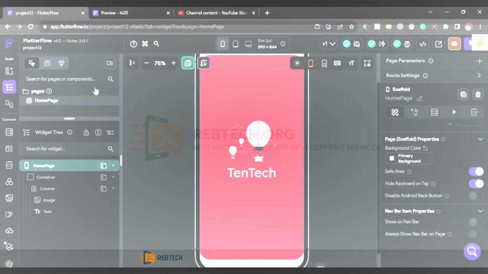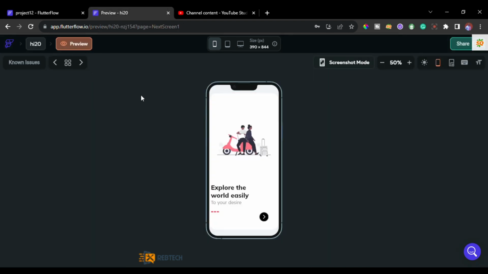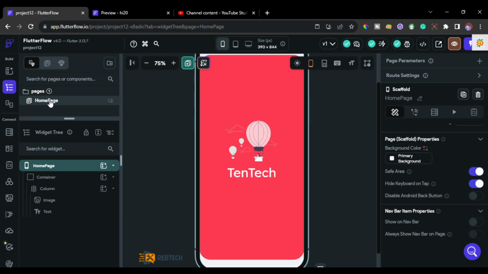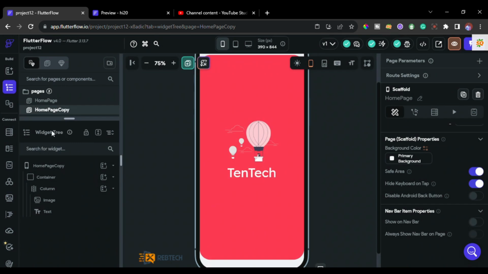So let's move on to the next screen. So this is what we just did. Now let's move on to the display screen, this very one, which is the next screen. So how do we do it? We have so many ways, but we can decide to come here and add a page and start the design from scratch. But I would want to just duplicate this screen here, the home page, and then change the name